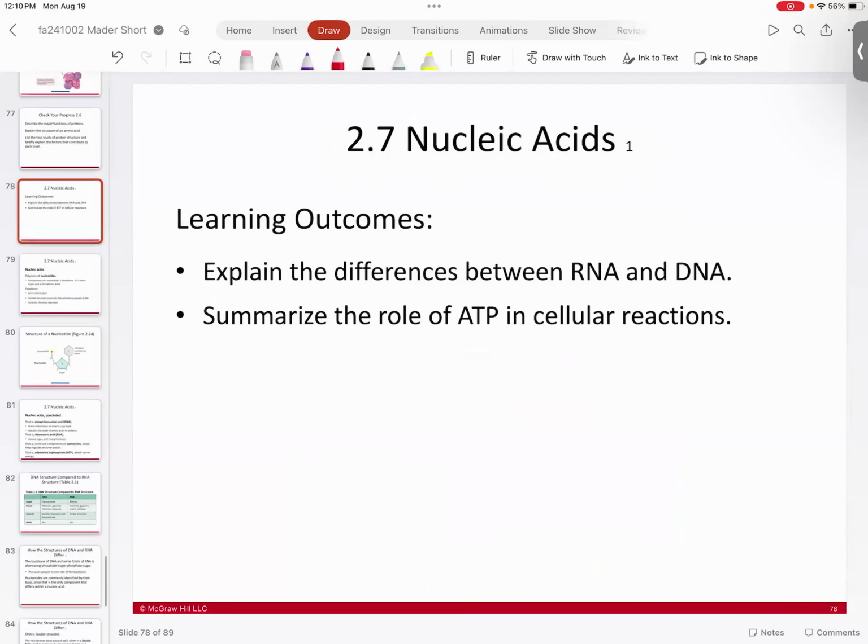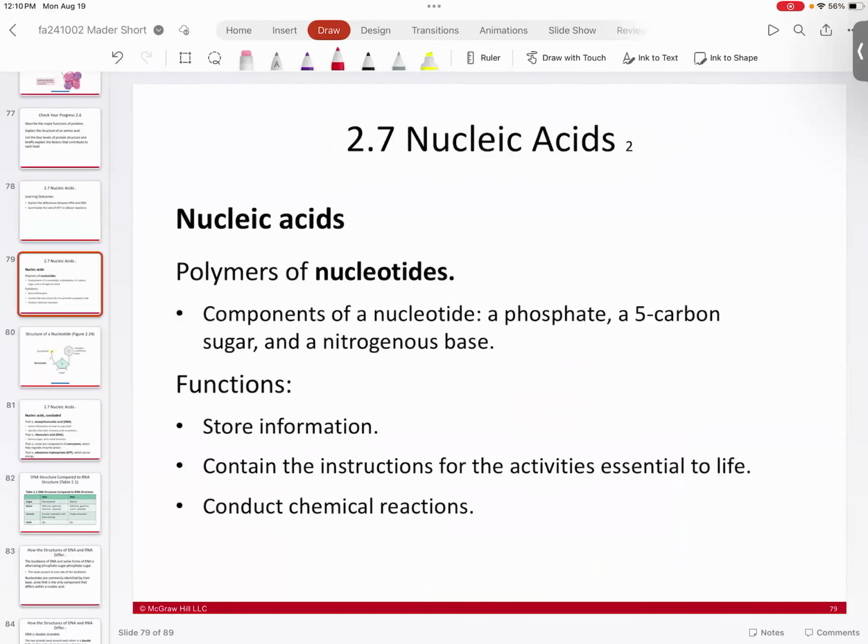Okay, so let's go ahead and take a look then at nucleic acids. So nucleic acids are made of the monomers, which are nucleotides. And so nucleotides are composed of three different pieces: a phosphate, a 5-carbon